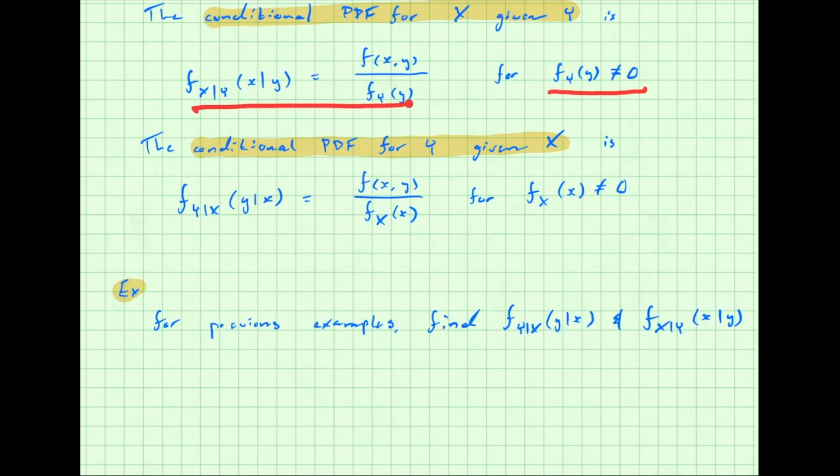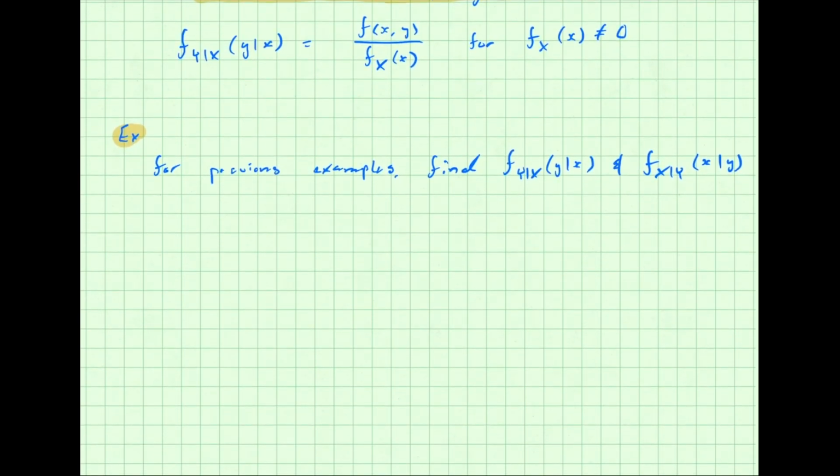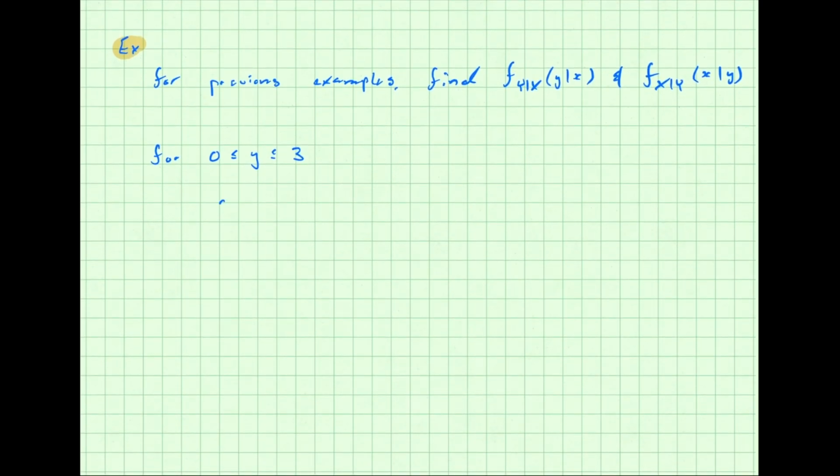So I got this formula here, but only for places where y is not 0. So for y in between 0 and 3, we have the following. So we have f x given y